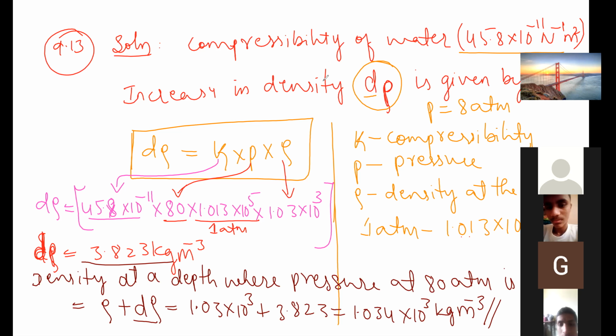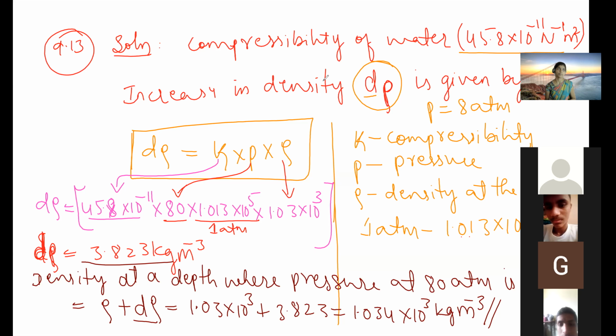ಸೊ 1.034 ಇತ್ತು. ಸೊ ಕೆಲವ್ರು ಹೇಳ್ತಿದ್ದಾರೆ, ಇಟ್ ಈಸ್ ನಾಟ್ ಡೆಸಿಮಲ್ ಪಾಯಿಂಟ್ ವೇರ್ ಇಸ್ ಕೆಪ್ಟ್, ಇಟ್ ಈಸ್ ನಾಟ್ ವಿಸಿಬಲ್ ಅಂತ. ಸೊ ಹೆಂಗೈತಿದು? ಸೊ ಫಸ್ಟ್ ವಾಟ್ ದೇ ಹ್ಯಾವ್ ಗಿವನ್, ಏನ್ ಕೊಟ್ಟಾರ? ಕಾಂಪ್ರೆಸಿಬಿಲಿಟಿ ಆಫ್ ವಾಟರ್ ಅದು ಕಾನ್ಸ್ಟೆಂಟ್ 45.8 ಇಂಟು 10⁻¹¹ ಐತಿ. ಸಮ್ ಟೈಮ್ ಕೊಟ್ಟರು ಸರಿ, ಕೊಡ್ಲಿಲ್ಲ ಅಂದ್ರೂ ಸರಿ, ಯು ಹ್ಯಾವ್ ಟು ರಿಮೆಂಬರ್ ದಟ್ ವ್ಯಾಲ್ಯೂ. So next, a change in density always represents whether it may be increase or it may be decrease, but change in density na d rho anta use ಮಾಡ್ತೀವಿ. d ಅಂತ ಅಲ್ಲೇ d ಯಾಕೆ ಯೂಸ್ ಮಾಡಿ ಅಂದ್ರೆ ಚೇಂಜ್ ಆಗೈತಿ ಅಂತ represent ಮಾಡಕ. So we are using d.